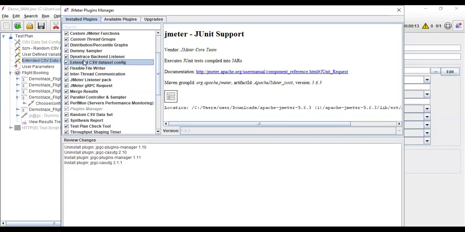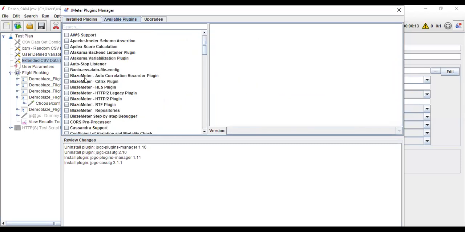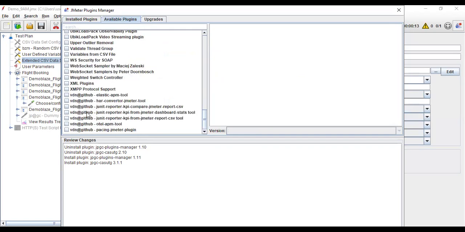Now there's something called extended CSV dataset config under add config element. All this will be part of your plugins only. So you can go to the plugins manager. If you don't see this extended CSV here, it is already installed for me. If it is not there, you check under available plugins and search. If it is not there either, then you need to download the JMeter plugin